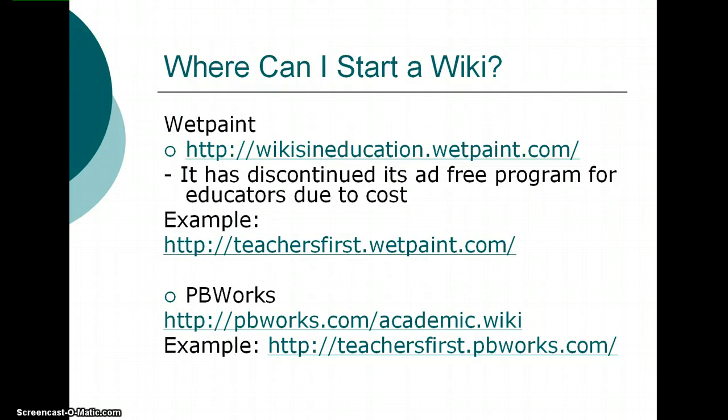So you're wondering, where can I start to make a wiki? Well, there's a couple of places out there that offer free ones to educators. There's WetPaint, but it has discontinued its ad-free program for educators due to cost. But there are a couple examples for you here, and here you can actually go directly to the site. There's also PB Works, and there's an example of a teacher's first page. But the best one that I think that you should use